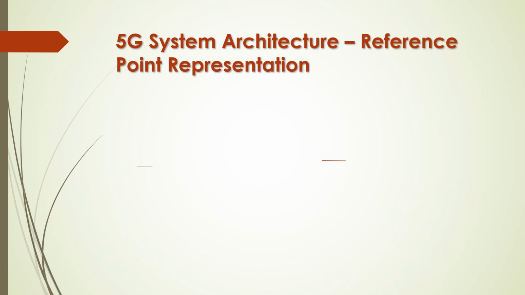In 5G, we have a new kind of representation which we call the service-based representation. What happens in the service-based representation is that it replaces the set of network elements with network functions. So here we are calling the network elements network functions, and each network function is a kind of service provider to other network functions. And in this case, we don't have a point-to-point connection. Instead of point-to-point connections, we have a common bus which interconnects all the network functions.